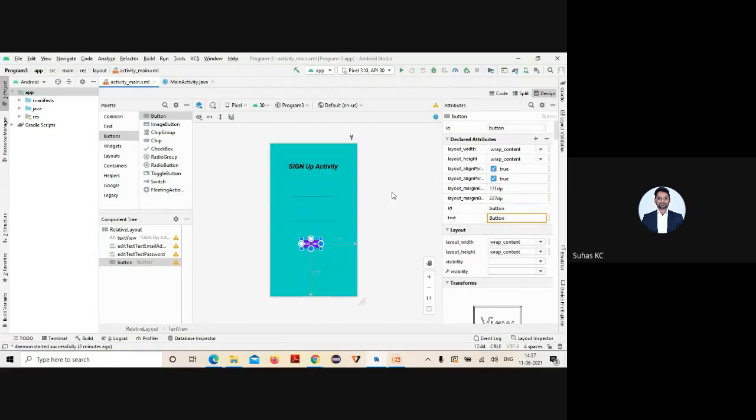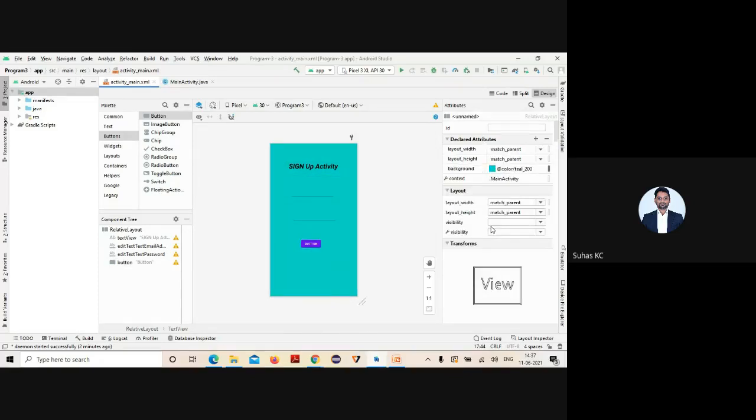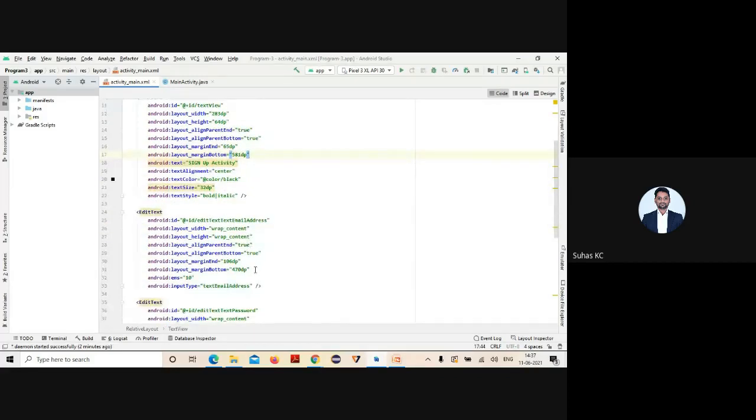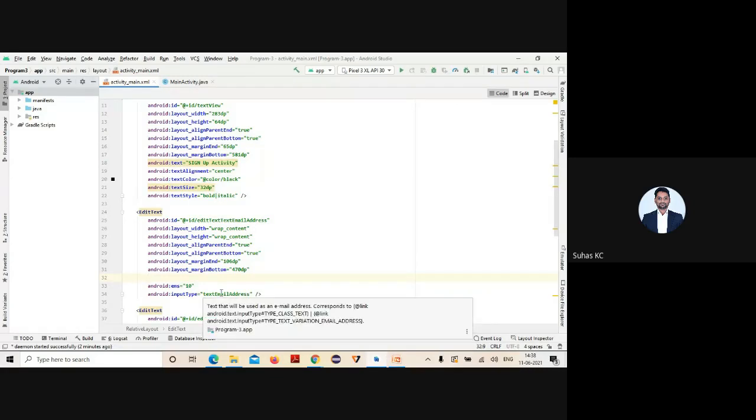And if you want to change some parameters of this, either you can change here itself or just go to your code part, which is easier. See, now I need to go for your edit text, right? What are the things I need to check? I want to display some message that is used to enter my email. So what can I do? Instead of changing this text, there is something called hint.